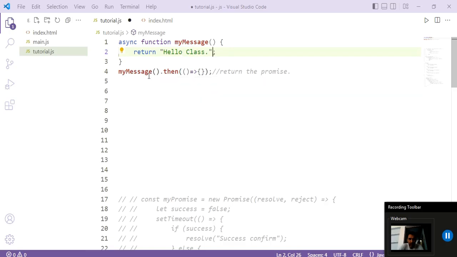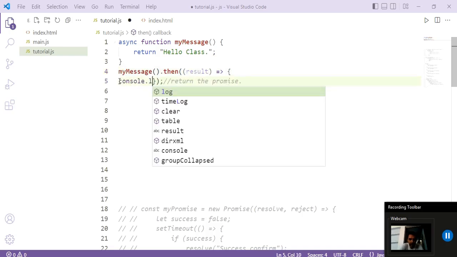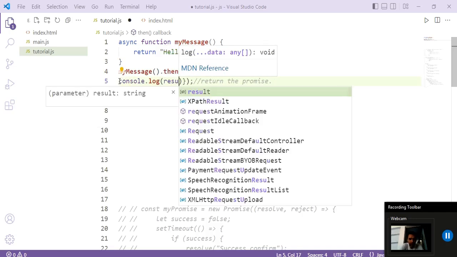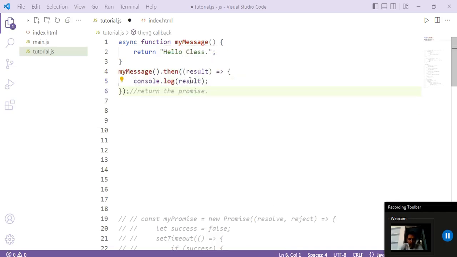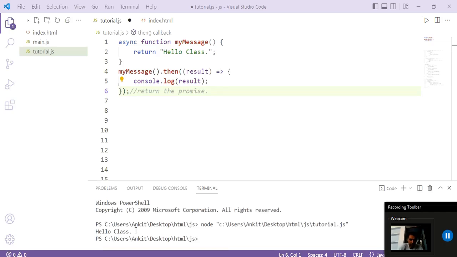We are going to handle that promise result, resolve, with the dot then method. So here we will pass the variable result, and here we can use console.log and pass result. This will give the same result, hello class. If we run this, you can see here is the output, hello class, right?